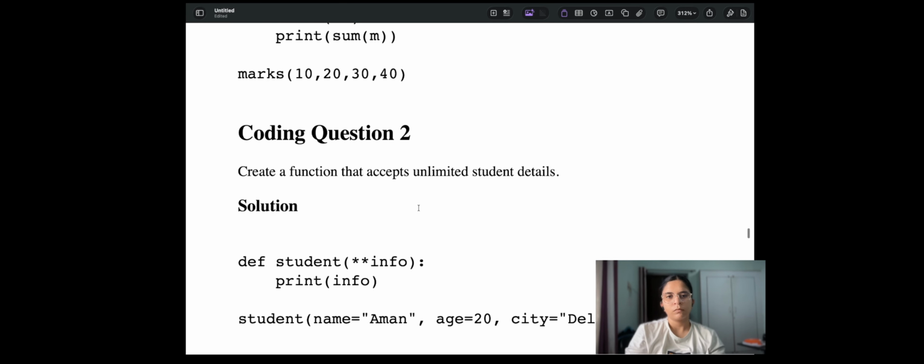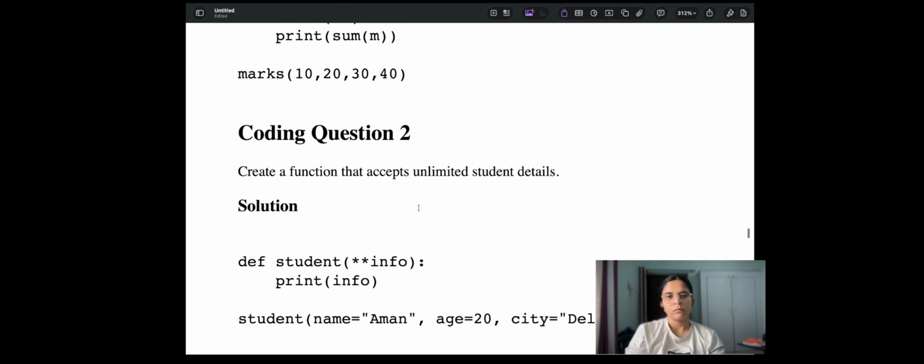Now we are going to discuss anonymous functions. Anonymous means without name. Lambda functions are small one-line functions. The syntax is lambda arguments, then the expression. A normal function uses def, the name, the parameters, then return, then print. But what about the lambda? That is in one or two lines. First we write lambda, then arguments, then the expression.